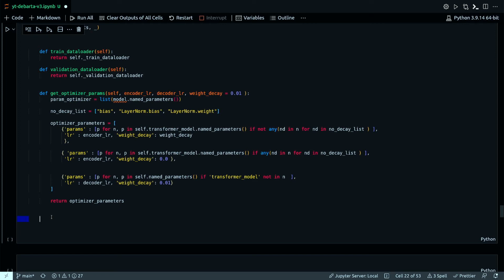And another function in this respect is for the configuration of the optimizers.